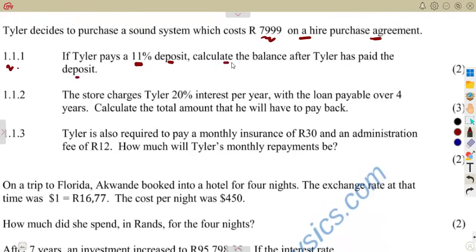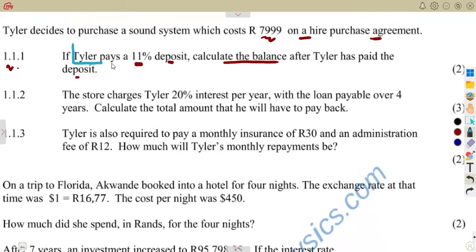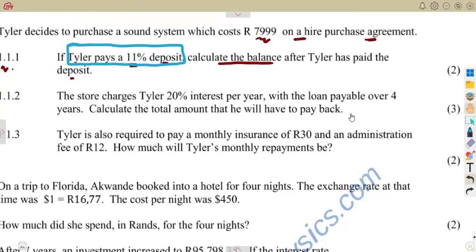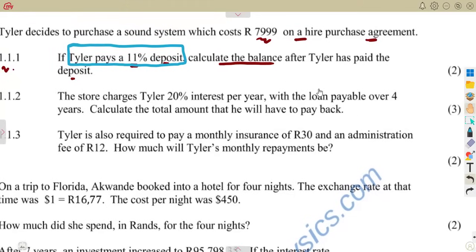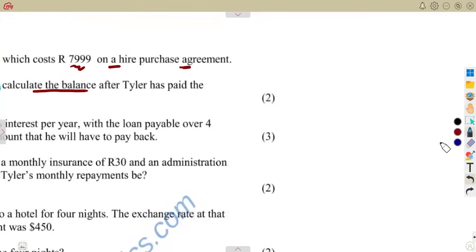Take note, what are you calculating? The balance. So the first thing is for us to know what was Taylor's deposit first in that case. They can even ask you a question just to calculate a deposit, not the balance, but the deposit. So you must know that. So deposit is simply the percentage that you are given there, 11%, times the amount that you're given. That's 1.1.1. So the first thing, let's calculate the deposit,